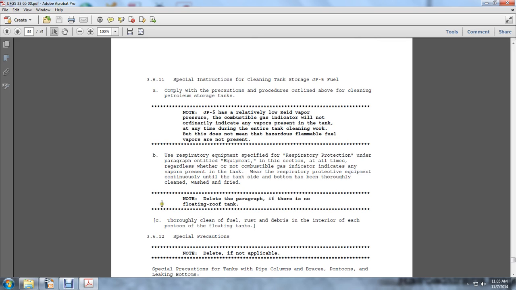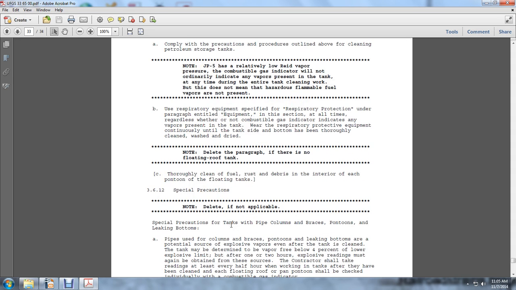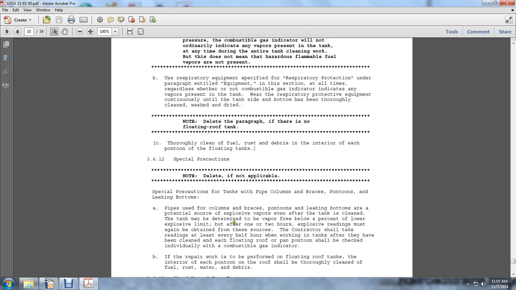3.6.12 Special precautions. Delete if not applicable. Special precautions for tank piping, columns, braces, pontoons, and leaking bottom pipes. The columns, braces, pontoons, and leaking bottoms are potential sources of explosive vapors. Even after the tank is determined to be clean and vapor-free, below 4% of the lower explosive limit, after one or two hours explosive readings must again be obtained at these sources. The contractor